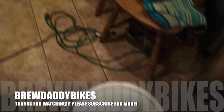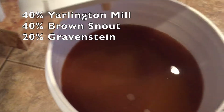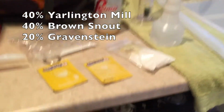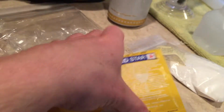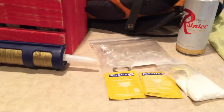Alright guys, I got some cider today, and here it looks just like that. I don't want to drink some right now, because I got myself some champagne yeast, and I want this to be a higher ABV, pretty dry wine. This is the second time I've done a hard cider before. So before I am going to